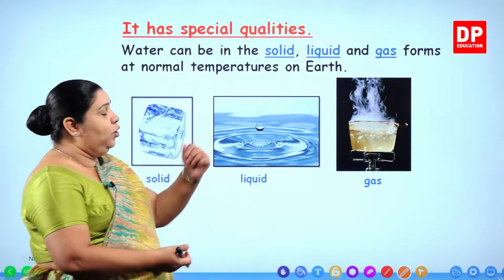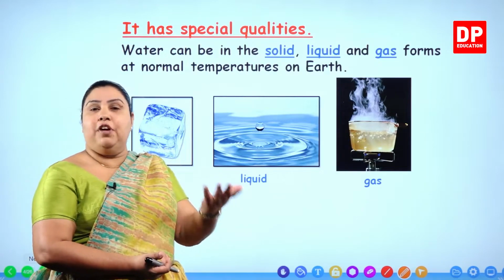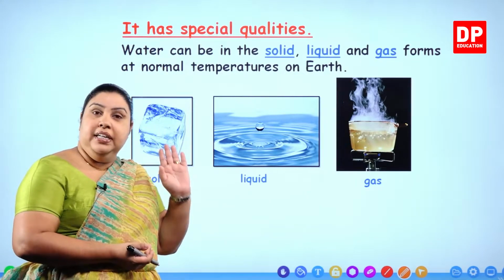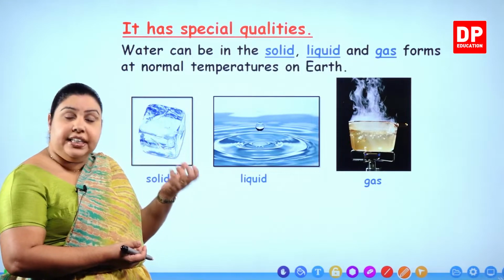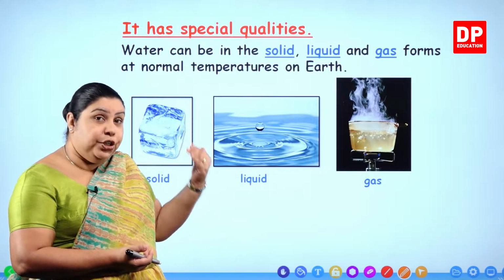Then liquid. Liquid is the normal water that we use. Right? Not the solid. Solid means ice cubes, but the normal water that we say, that we use is in